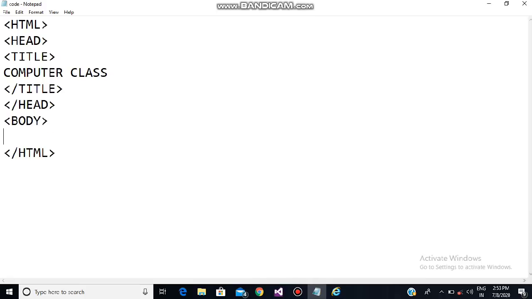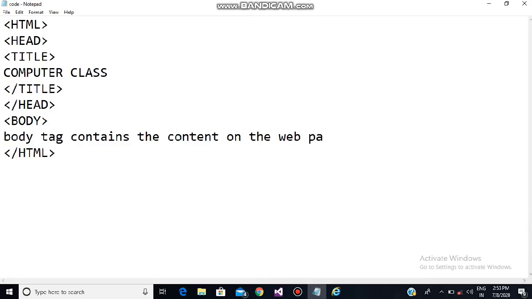So this is the tag where we will be writing our content. Okay, suppose I want to write something like the tag contains the content. Suppose just I am displaying that only. The body tag contains the content on the browser, okay, or on the web page.